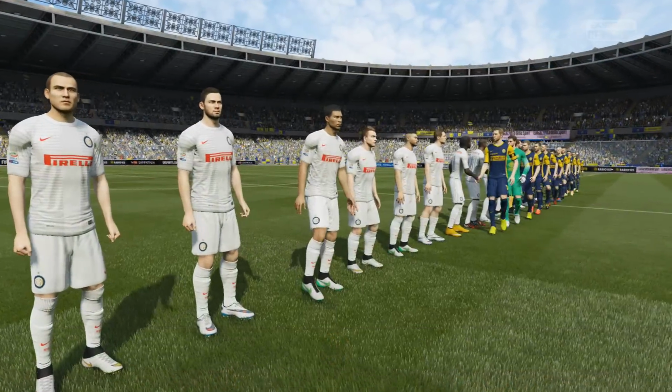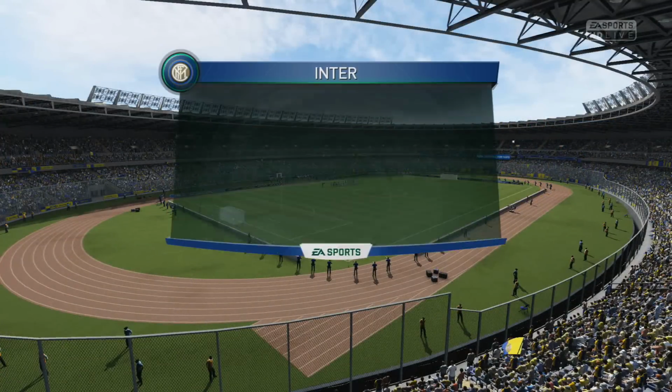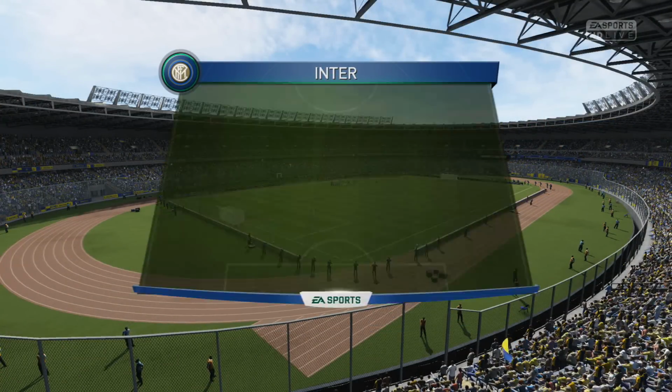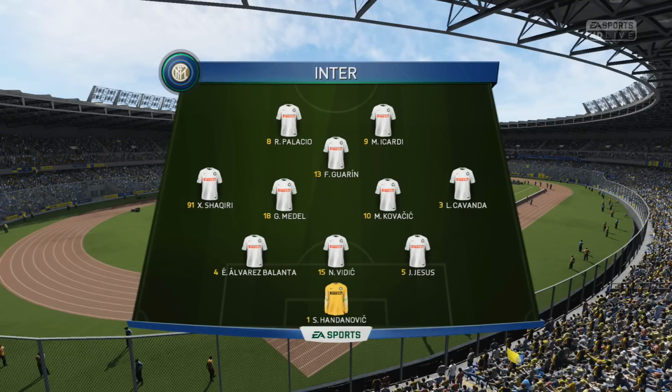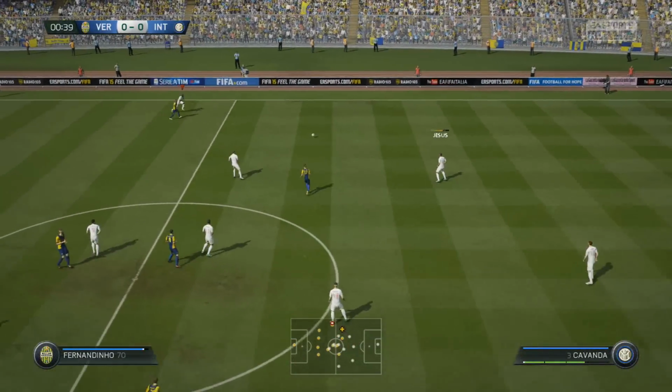We were able to pick up a convincing win against Sampdoria. Only a draw against Parma, though, but we were hoping to get a victory here against Hellas Verona and continue our assault on those Champions League spots at the top of the table. The full-strength first team is out for this one, as you can see. Mauro Icardi and Rodrigo Palacio up top, with Freddy Guarin sat